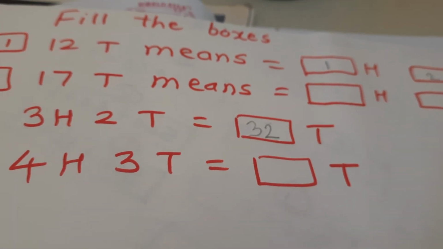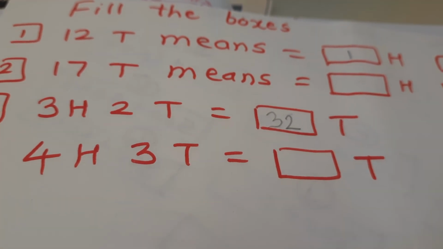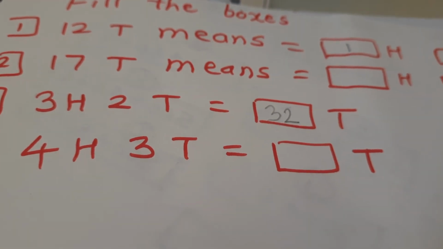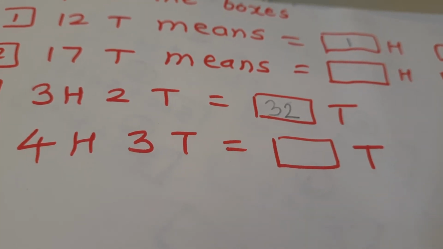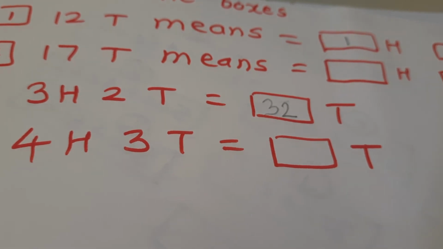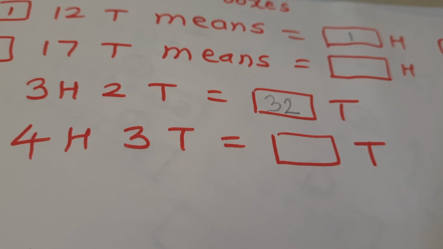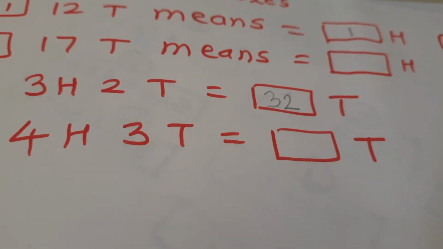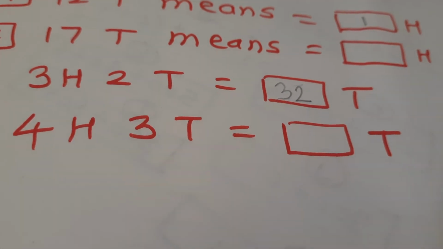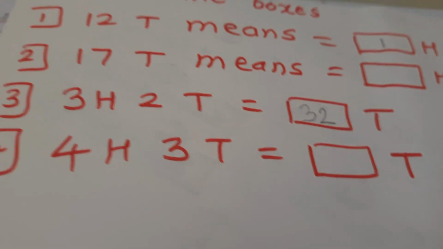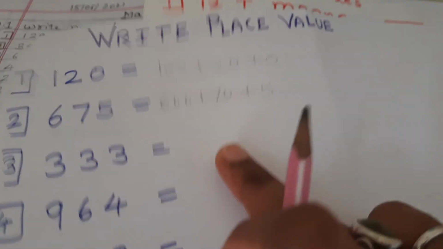Now we are going to play a game. In this game you are going to take your friend's name, and that friend will complete the task that you give. Suppose you tell him or her to write the number, then your friend will write the number. If you say the number, then he will write the spelling of it. Or you can even ask your friend about the place value too.